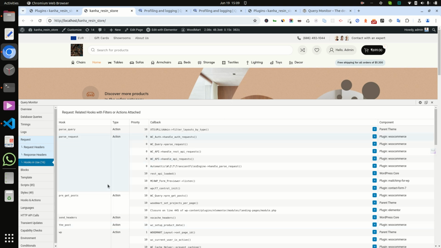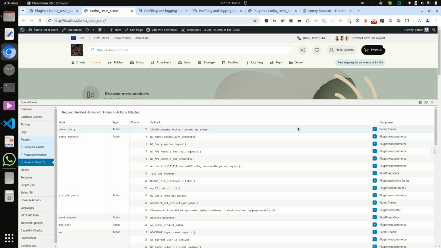On this page lots of hooks are being used, and it shows the component, like parse query is used inside, filter layout by type, callback, and priority is 10, and the type is action, and it is used inside the component.